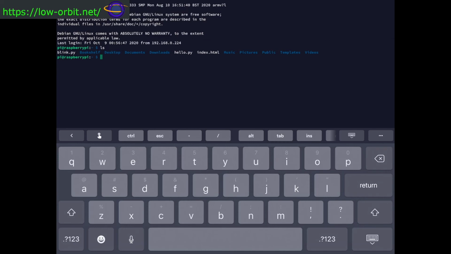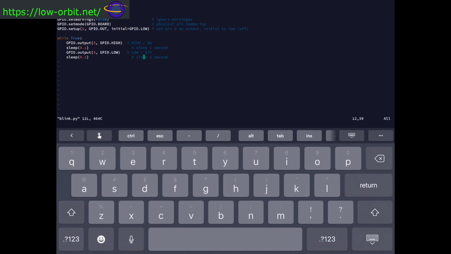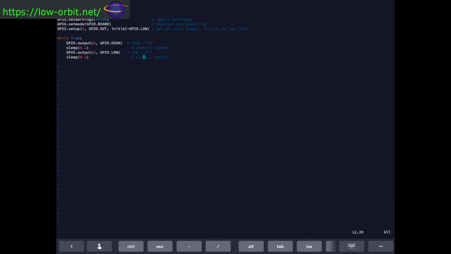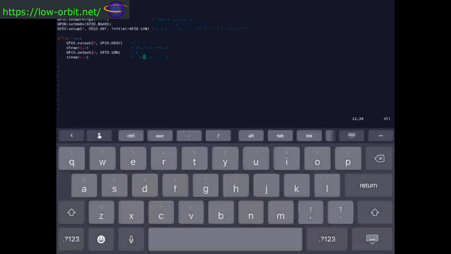So I am logged back in, and let's see how VI looks over this. So VI our blink file, and we can hit tab to complete it instead of having to type it, and there we go. We can edit code in here using VI if you like using VI, but you can actually edit our Python code from our iPad on our Raspberry Pi, which is pretty neat. This is a script that I made for another video,